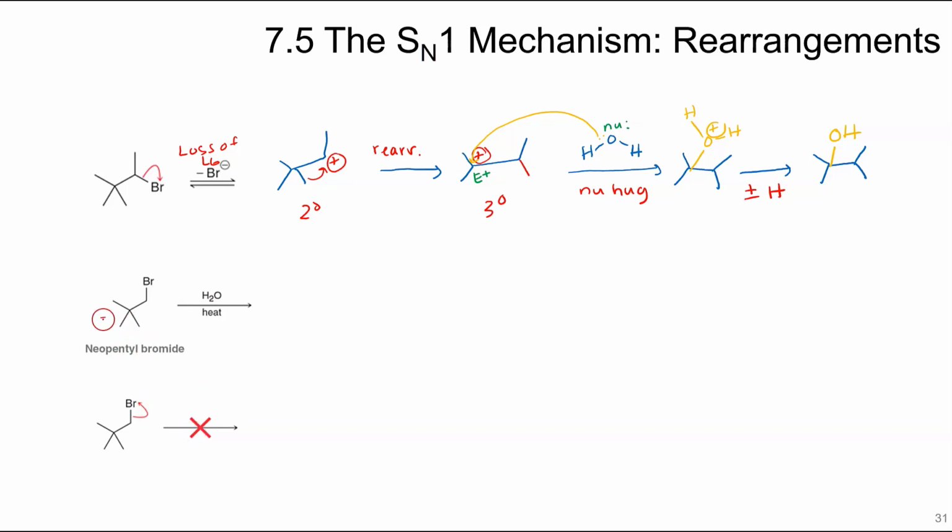All right, so this is an interesting one. These are both neopentyl bromide, so those are the same thing. And this does not happen. We do not actually get loss of the bromide here because it would otherwise form the carbocation that is primary, which is disfavored. But what happens is the methyl group can anticipate that wanting to leave and just moves over initially. And then you form that carbocation